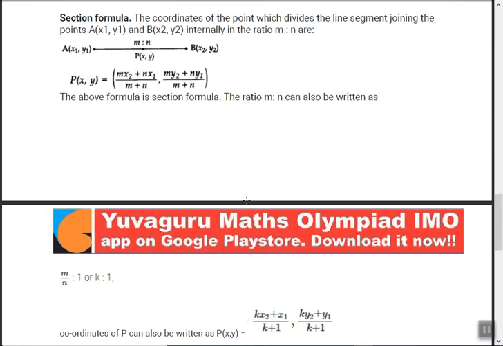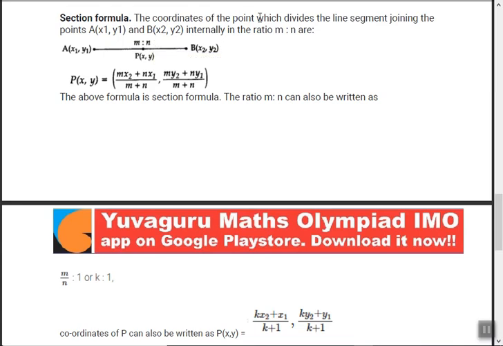Okay, now we come to the important section formula. Section formula means what? What do you mean by section? Section means division. See here, if this is a line AB and you divide it over here, this ratio need not be equal. Here it's shown as equal, m and n, but it need not be. This point can be here also, and the ratio can be m is to n, meaning 1 is to 3, or 2 is to 3, anything. So that's why we call it m is to n.